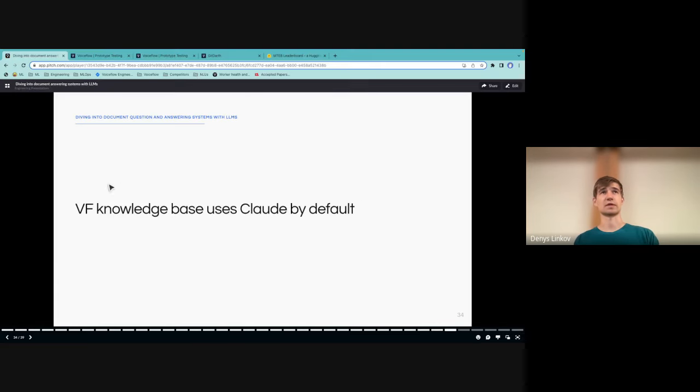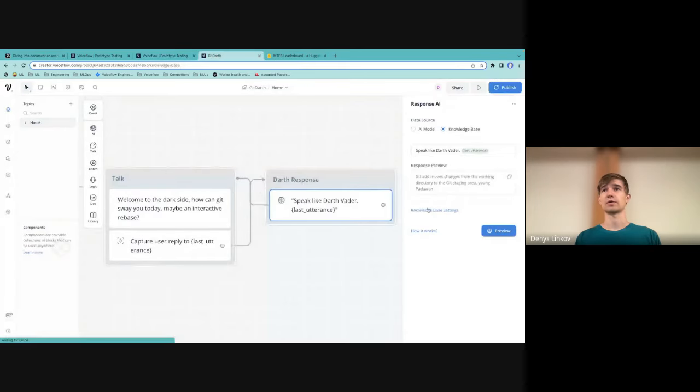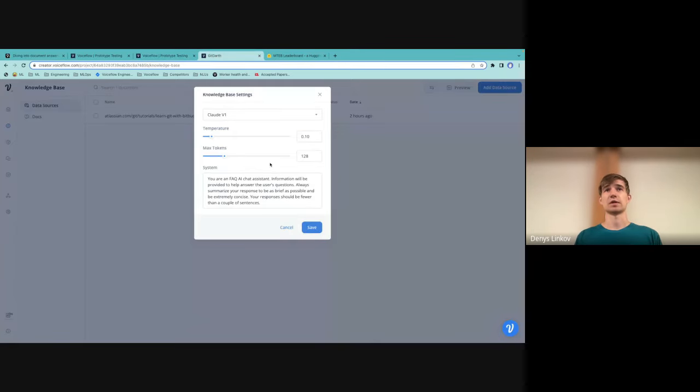So what that looks like is if you open up the project, there we go, go to settings. You can see here that we're using Claude V1, but you can select other models. And as a platform, we want to allow people to select other models. So this is something we actually have to maintain on our own end, is that you're not just experimenting for your own use case, you actually have to support it for a number of different use cases. So we ended up saying, these are the models we have so far. We try to provide some information for customers as well on how to use them and what the pricing impact is.